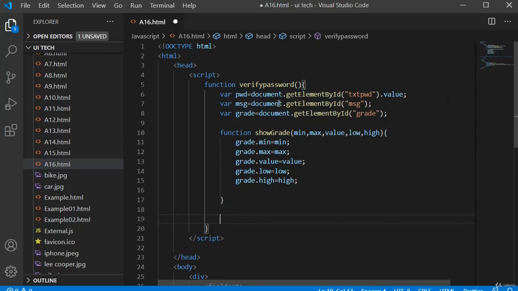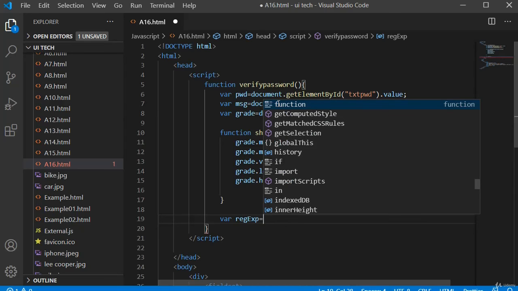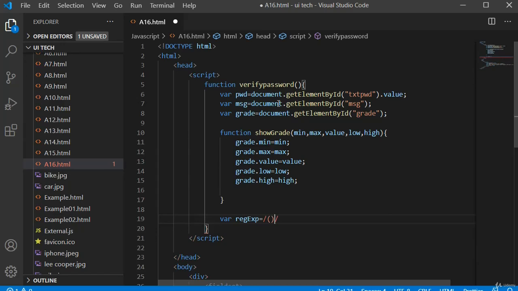Here I am going to use a regular expression where regexp is equal to. I will use a meta character, like the user has to type capital letter A to Z, /w and minimum 4 characters, maximum 15 characters. This is the regular expression I am giving,